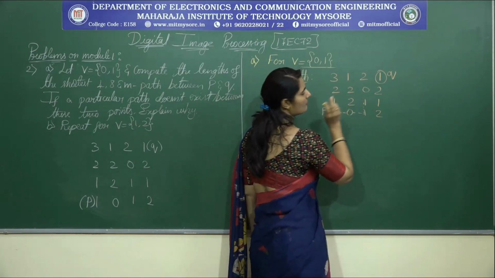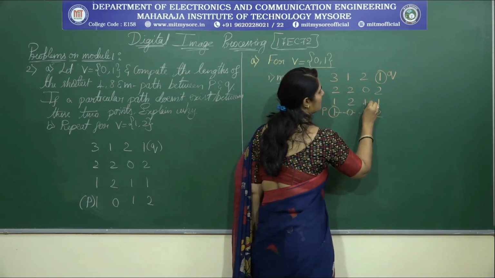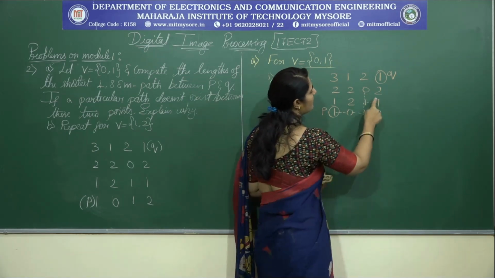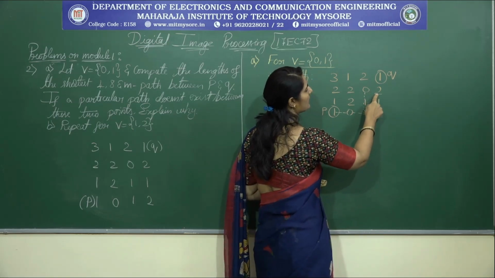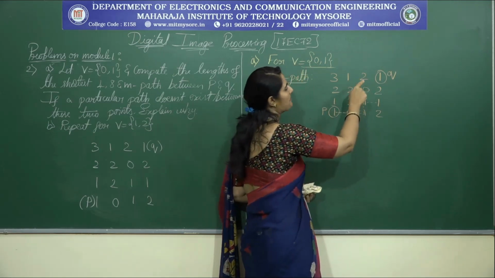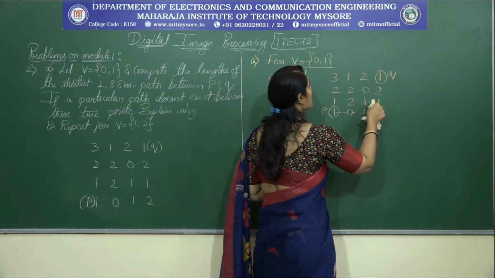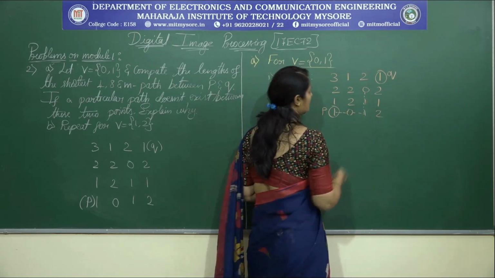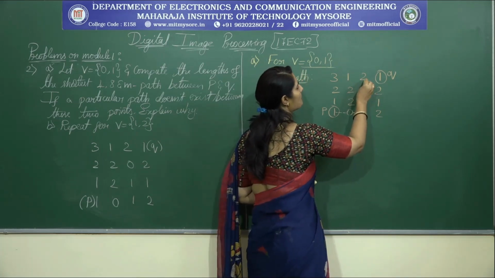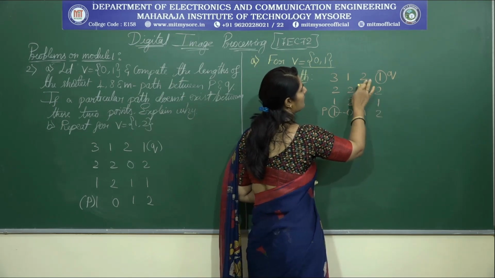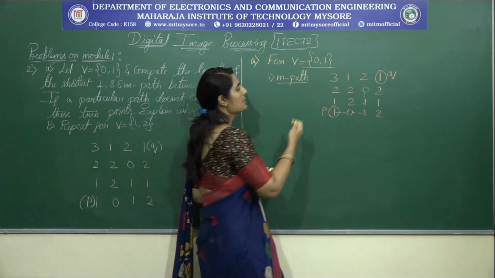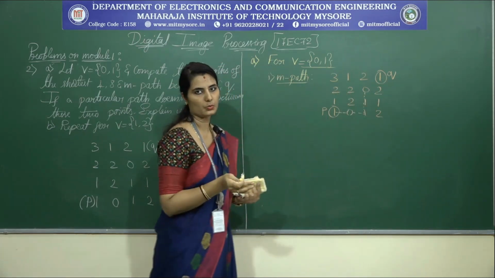Now again here I can make 2 paths; this is also a 4 path, and this is also a 4 path. Next, even here you cannot establish a path between these 2 pixels because 2 doesn't lie in the set, and again here you cannot establish a path between 0 and 2. Let us consider one particular path. Now here you cannot establish the 4 path, even this way or this way, so we should stop here. This means we cannot establish the M path between the pixels P and Q, right?